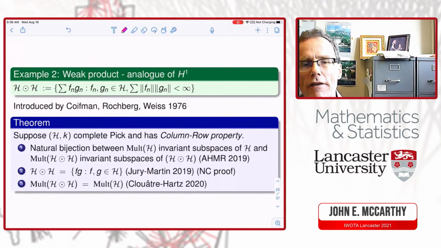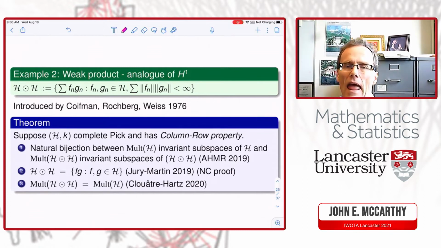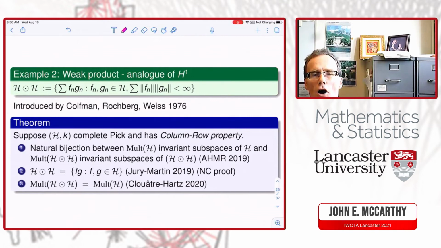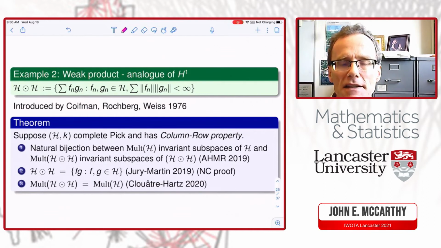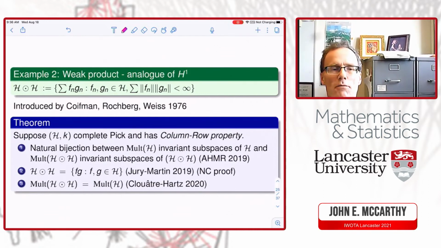So let's suppose we have a complete Pick space, and we're also going to suppose it has the column row property. I'll explain on the next slide what the column row property is, but let's assume it has this extra mysterious property. Well, then three things are true